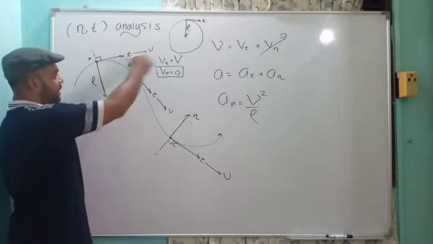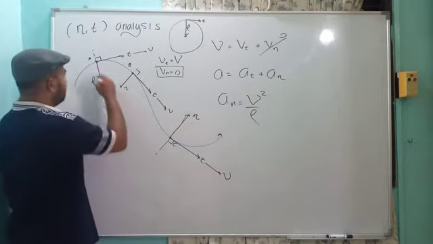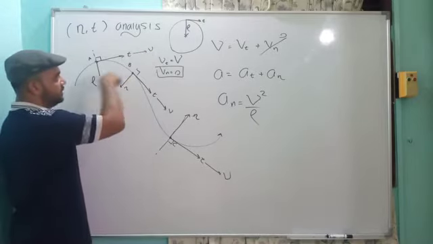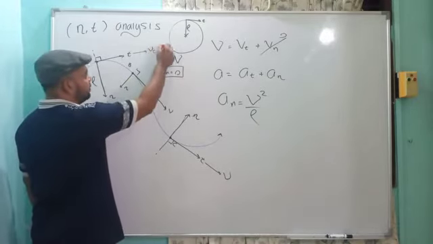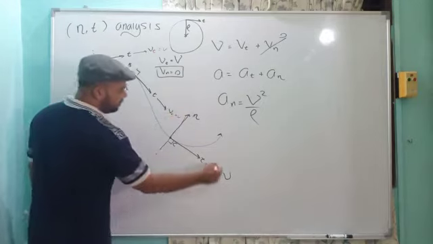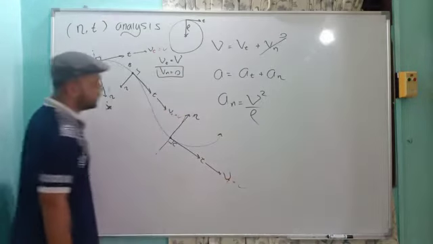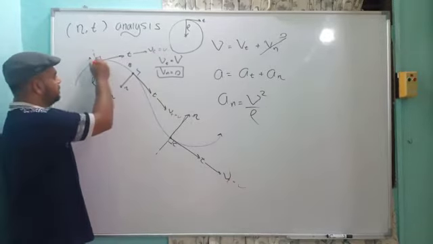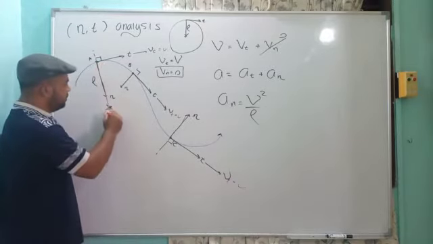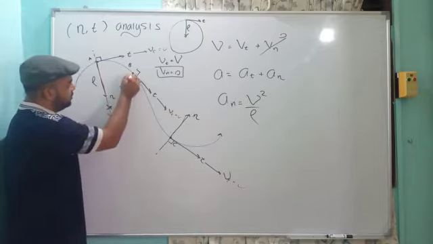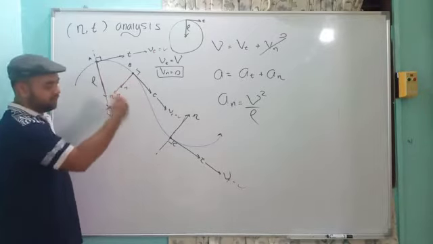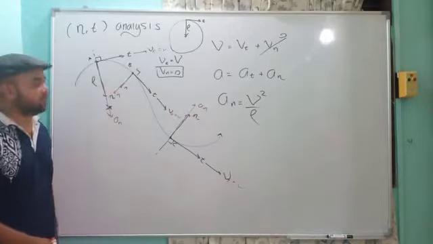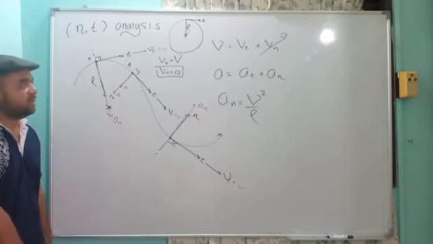Now the V is in that direction. So now we have velocity in the same direction as the tangent, so Vt equals V. Then we will resolve A into normal and tangent. The first one is your A normal, same as n, toward the center of rotation. It is always positive toward the center of rotation.